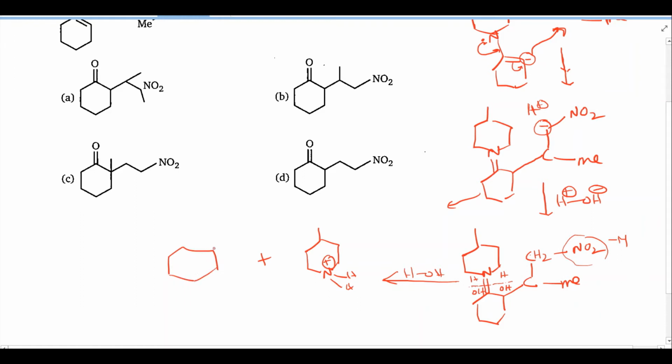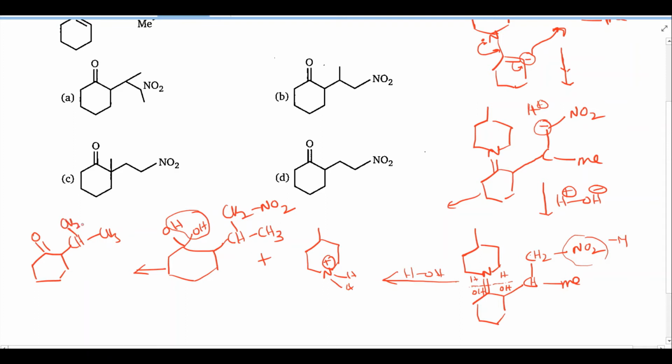It is like this. Here this is C, here H is there, CH, CH3, here CH2NO2. Here there will be OH and OH. Immediately, what part is eliminated? Water is going to be eliminated. Then the product is C double bond O, here CH, CH3, CH2NO2. So this is our product.